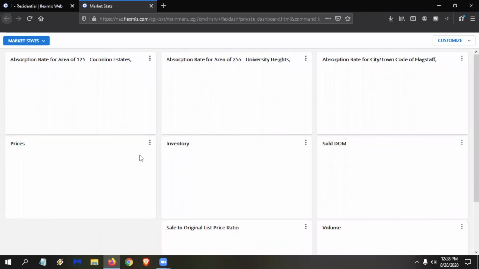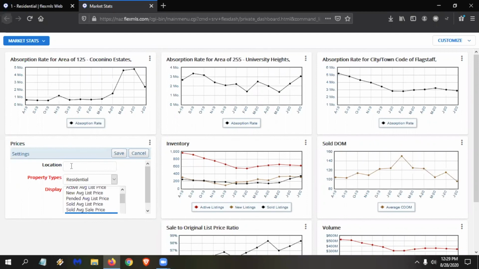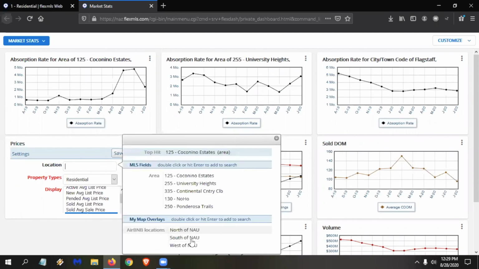Well, let's do prices. Go to the 3 dots. I'm looking for the settings to customize it. And when I click inside this location box, what do I notice? It says the Airbnb locations. These are just suggestions of things. It's not all of the things. So if I were to type in dog park,